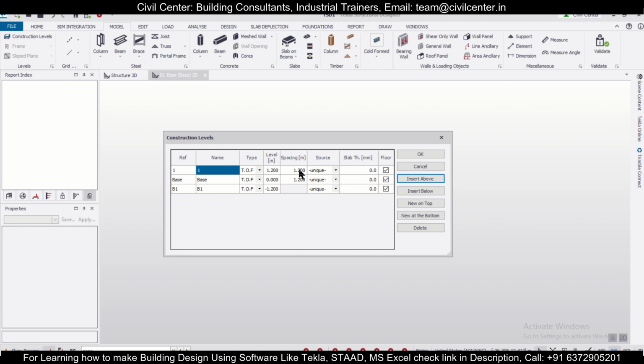and we'll insert a level above. So this spacing will be our first floor. So this spacing will do 3.2 meters, and this one will do this as top of steel, and after that the next floor. So the next floor also will do as 3.2 meters,